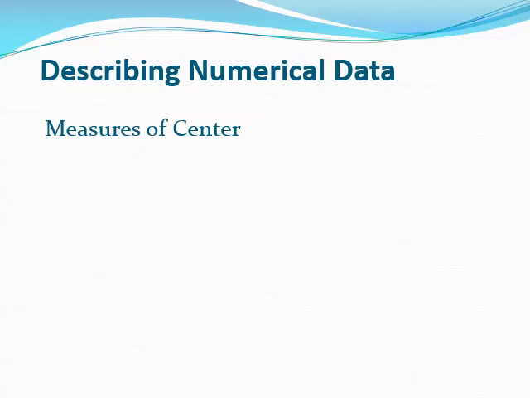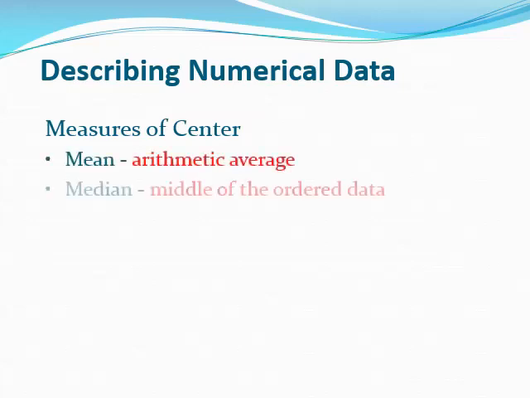The first of these are measures of center. And measures of center are probably pretty familiar to you. You might remember them from a first statistics class, or maybe you saw them somewhere else, but they are the ones that you probably remember: mean, median, and mode. And what we call them, or which one we use, is going to be determined by what it is we're trying to find out. The mean of a data set is referred to as the arithmetic average,